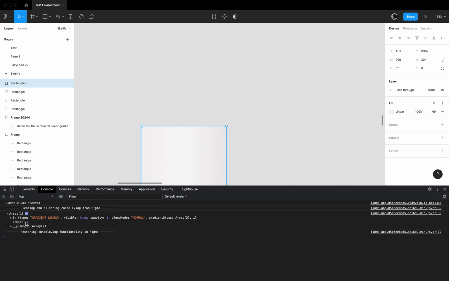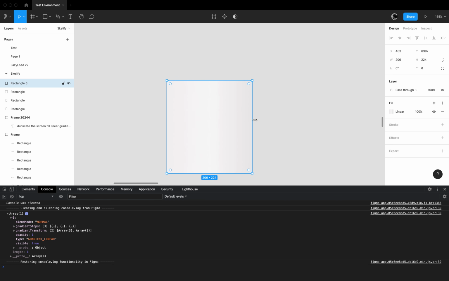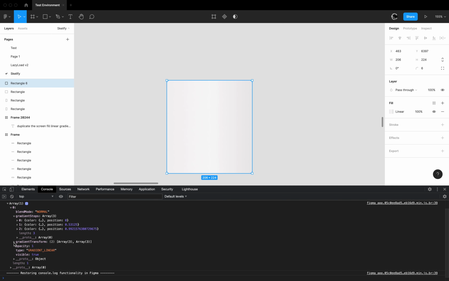array1, and inside this array is this 0th node. Because we only have one node selected, that's why we only have one array over here, which is 0. And inside this array we have all the values printed for that fills. Now fills is having gradient stops and gradient transform. Now these are the two values that we are going to copy as it is and paste it over here